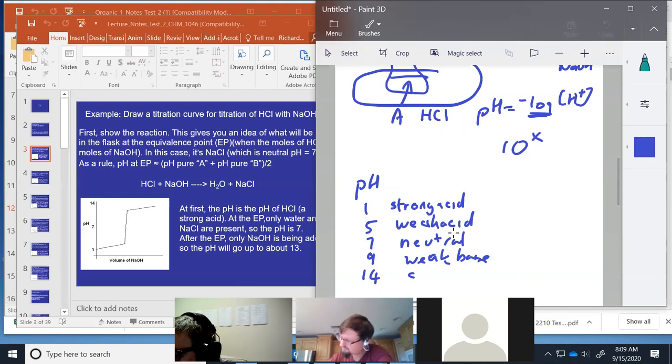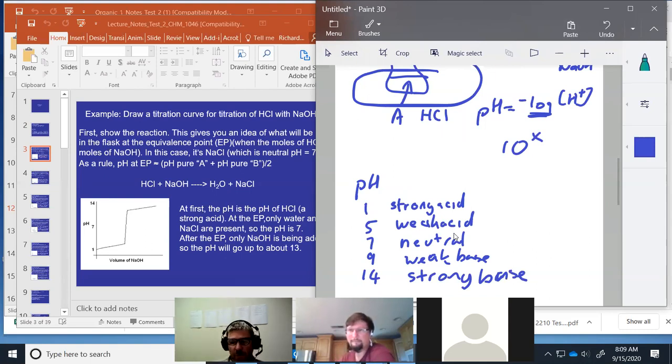And 14 is strong base. Is there anybody who's never seen anything like that before? You're all familiar with that? Yeah, well, it's certainly something you'll need to be familiar with, because it kind of underpins everything here. If it's not something that you were aware of before this point, then it's something to be aware of certainly